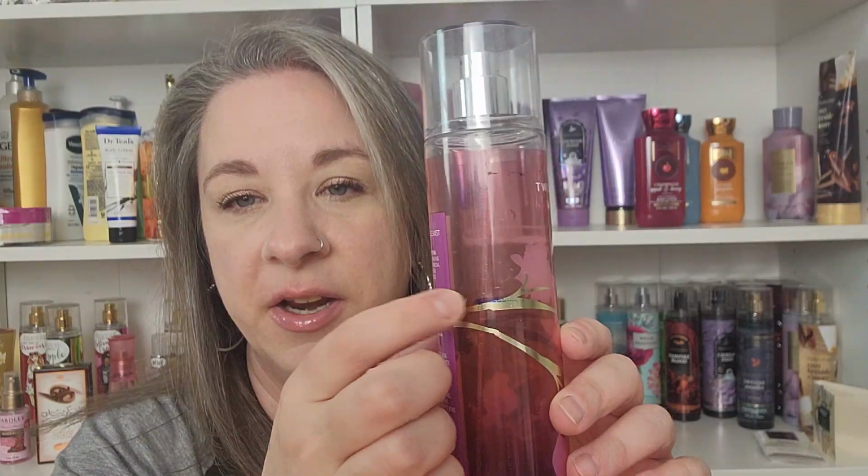So first off, let me start with what I actually finished up. I finished this Twilight Woods Bath and Body Works body spray, which the mark is kind of worn off, but we started right here and definitely finished that off. My nose is a little bit stuffy right now, but I can still smell this. It smells really good, but I think that this,